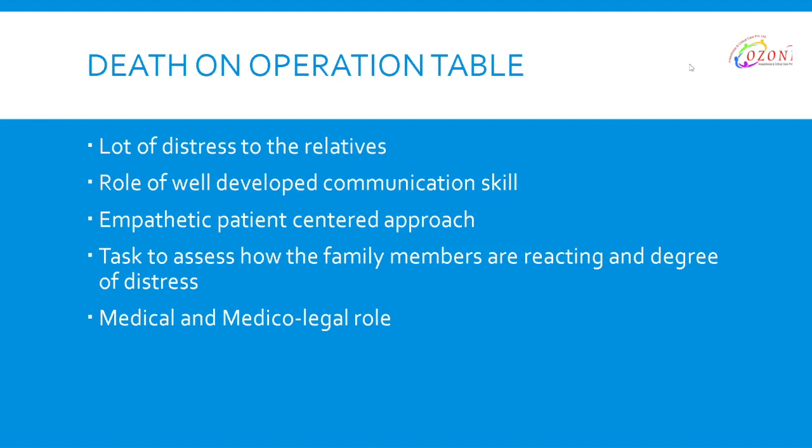In the rest, the patient might be having some risk, but especially in ASA 1 and 2, if the patient is healthy before the operation and death happens on the operation table or during anesthesia or during the operation suddenly, it is difficult to explain to the relatives who are outside, because they don't have any access to the operation theater. There are usually allegations in such scenarios, and therefore you need to be ready to tackle these issues thoroughly.